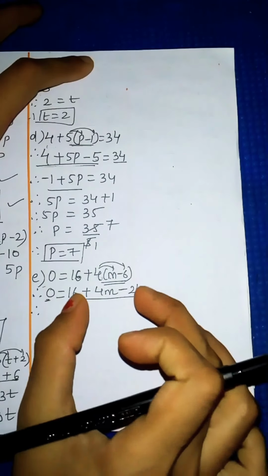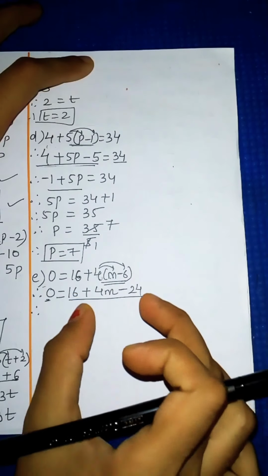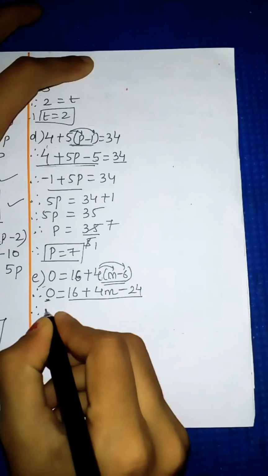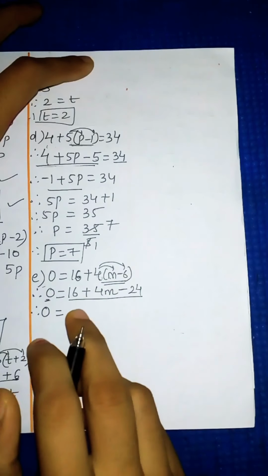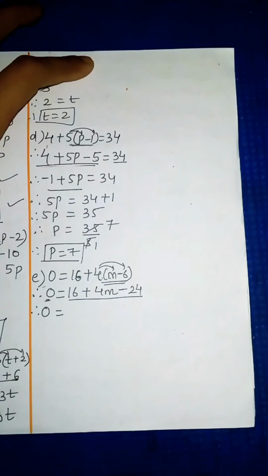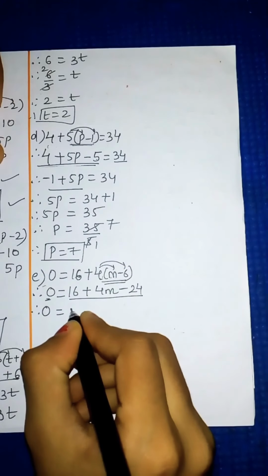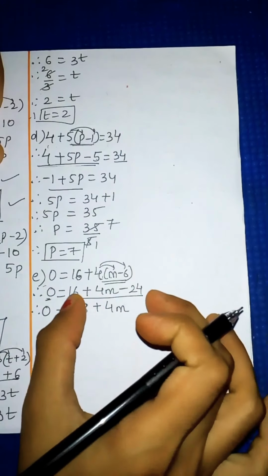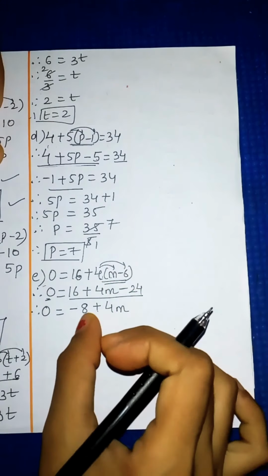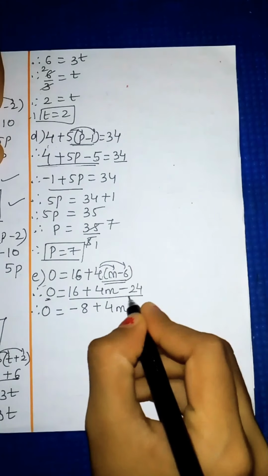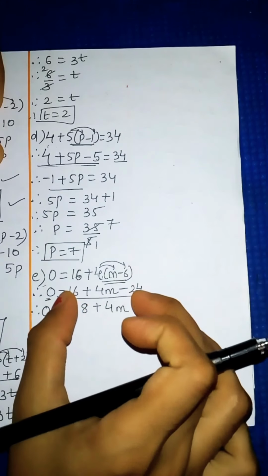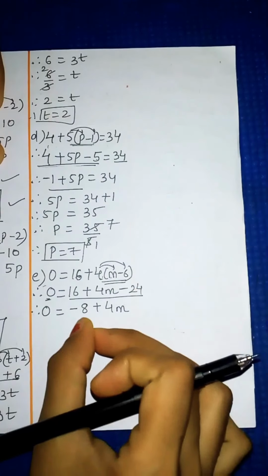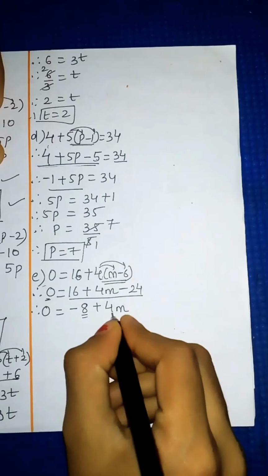Now this is our LHS part and this whole is our RHS part. So you can see that this 16 and 24, we have two numbers on the same side, so no need to change the place. Here only we can do addition and subtraction. So 0 equal to, now 16 minus 24, how much will that be? So we will get minus 8 plus 4m. 16 minus 24 means 24 minus 16 will be 8, and the greater number is 24, so the greater number's sign we will give, just like addition and subtraction of integers. So 16 minus 24 is minus 8 and plus 4m as it is.